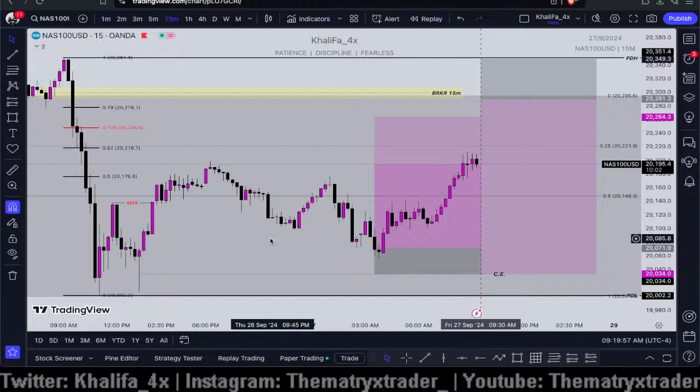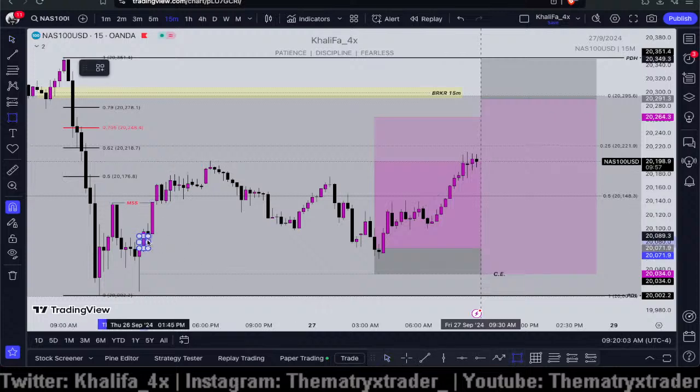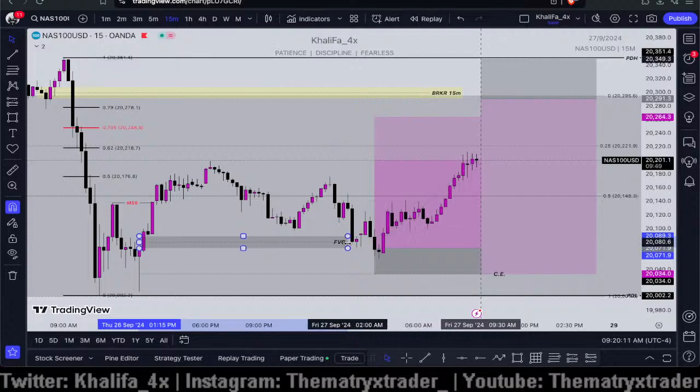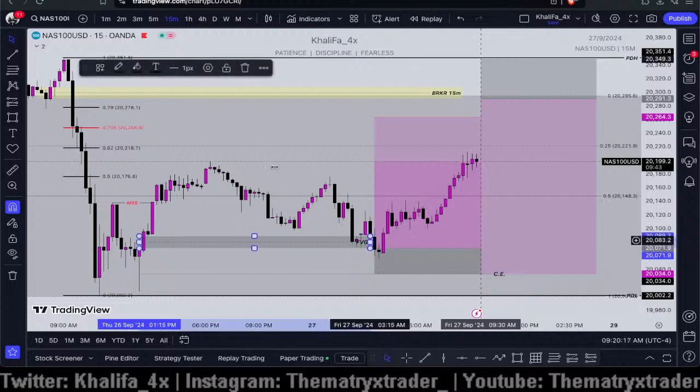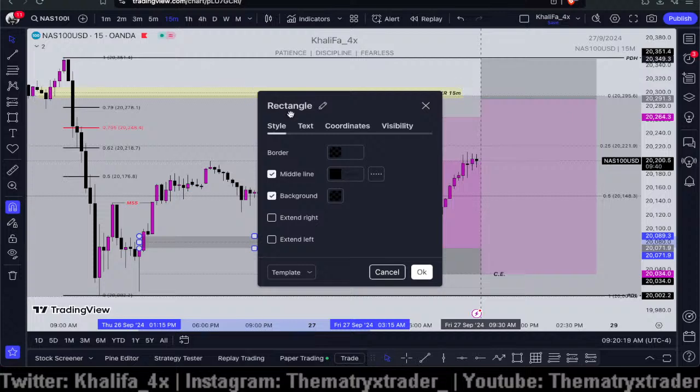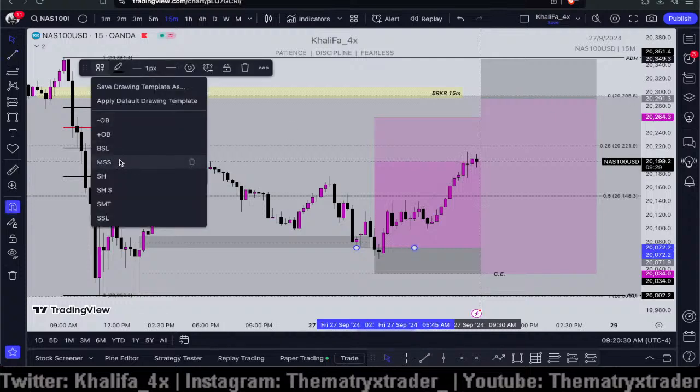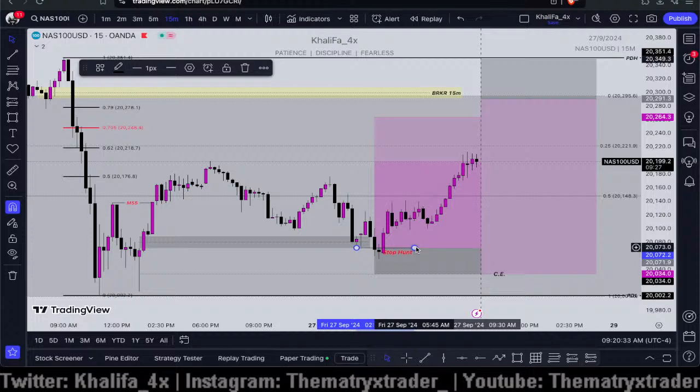See, we have this market structure shift, we have this fair value gap, but apparently you see it does close in this fair value gap. But what do you see, what just happened? This is called the stop hunt, right? This is the stop hunt actually. And right after that,